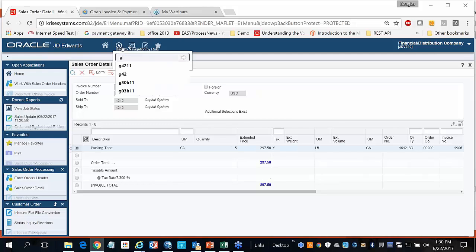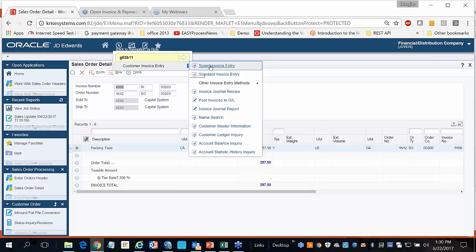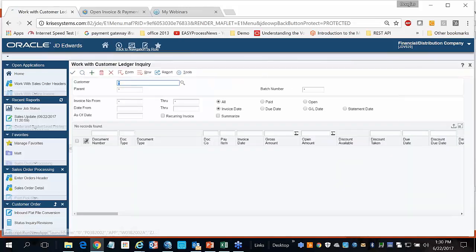With that, let's go into the G03B11. And if I was to look at that invoice, 4906, and do a find on that,